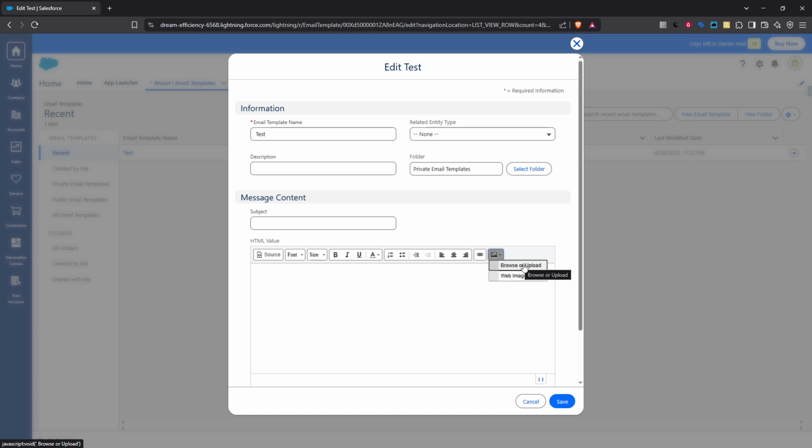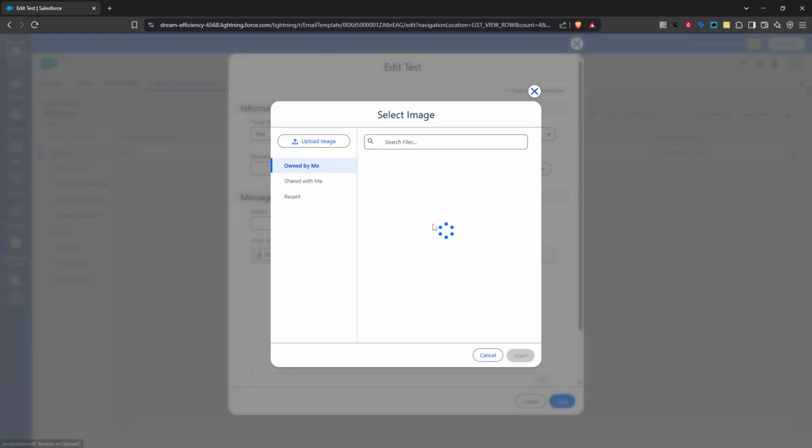After clicking the image icon, you'll see options such as browse or upload. Selecting one of these will let you choose your desired image. You want an image that not only complements your email content, but also speaks to the theme or purpose of